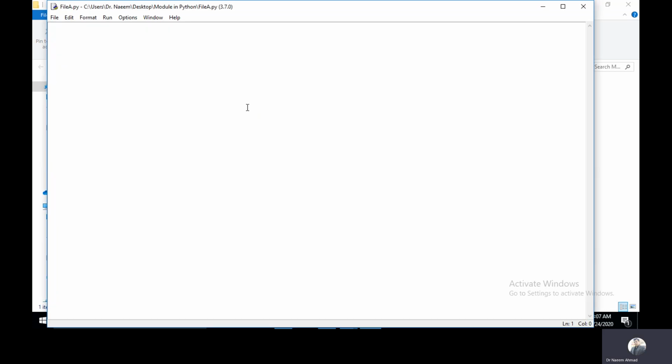In this file, I will create functions. And first I will use one variable and one print statement. Suppose I'm using one variable, a equal to 10, and I'm using a print statement for A. Okay.